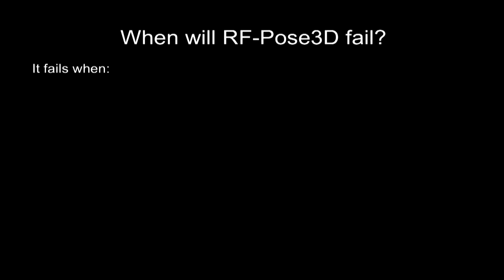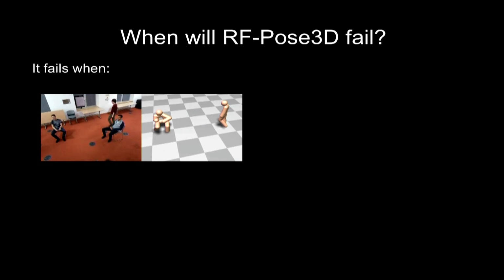Now let's look at the cases when our model will fail. The first type of failure mode is due to someone being static for so long. In this case, for example, there are 2 people sitting in the chairs, but our model only outputs a skeleton for one of them. This is because the second person has been sitting there for so long that our model started thinking he's just part of the background and decided not to output the skeleton for him. To solve this problem, it will require a new design of a model to take a longer history window into consideration.